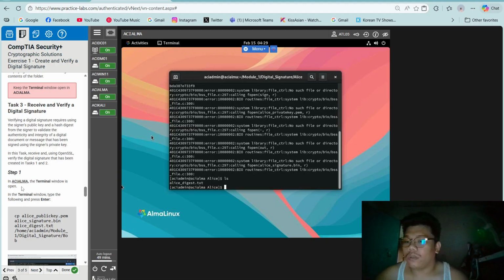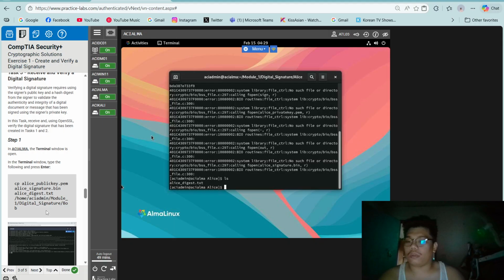So task 3. Step one, open the CCL terminal windows, and in the terminal window type the following and press enter.